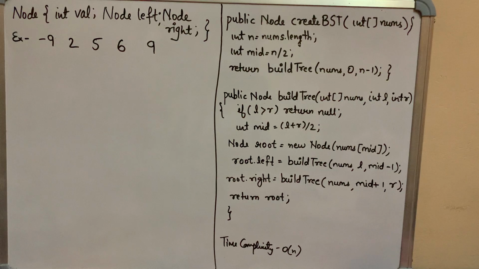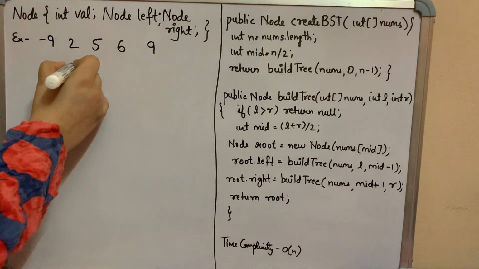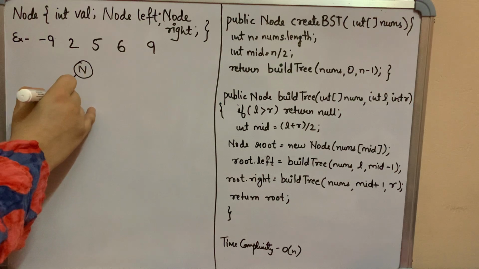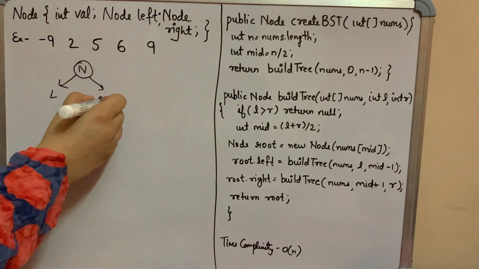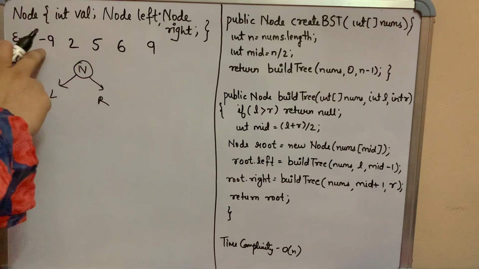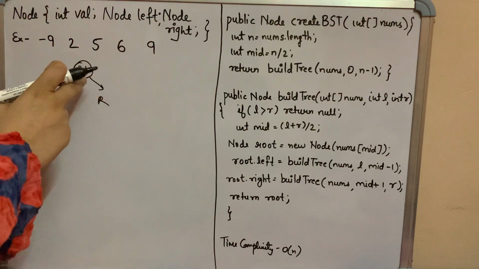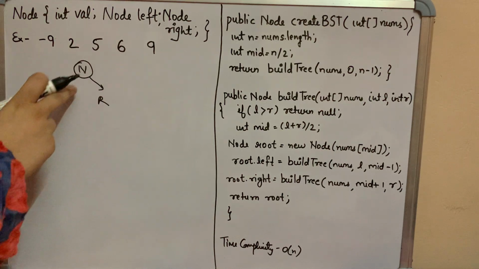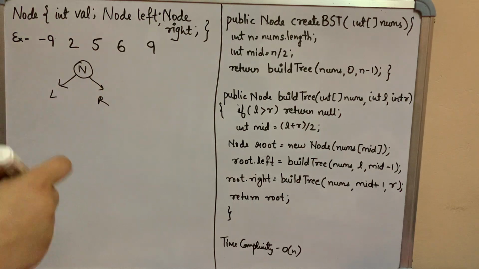So what is a BST? A binary search tree, if you are aware, is a kind of binary tree where, if this is your node, then the element at the left node will be smaller than this and the element at the right node will be greater than this. For now you can consider the array has unique elements. If it has duplicate elements as well and it's in increasing order, we can discuss a couple of conditions later on, but to make it simple, we have this array and we have to change it into a BST, which is a binary tree having the left element value always lesser than the root node and the right one greater than that.